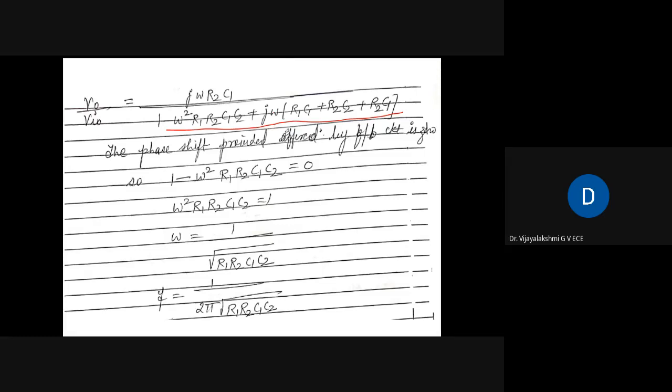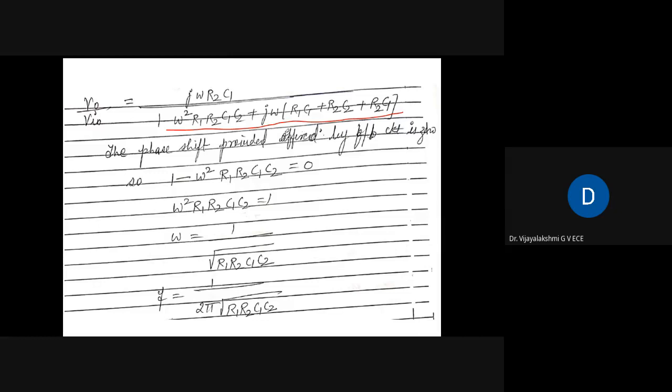Now, what are we trying to do here by taking the feedback network? We are trying to find out the equation for the frequency of oscillation, the equation for f. Now I have got V naught by Vi of the feedback network as this equation. From this, how will I find the frequency of oscillation? It's very simple. You already know that in the case of the Wien-Bridge oscillator, the feedback is not going to introduce any phase shift. The phase shift is 0, correct?